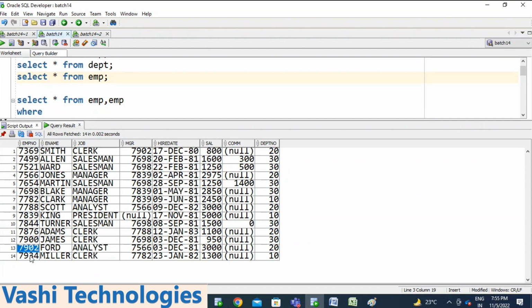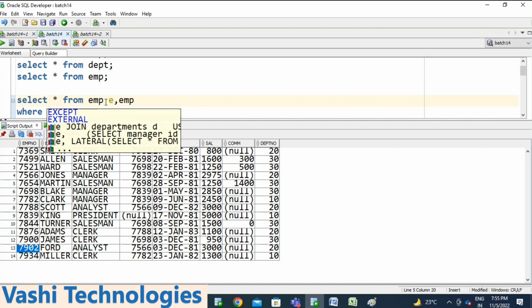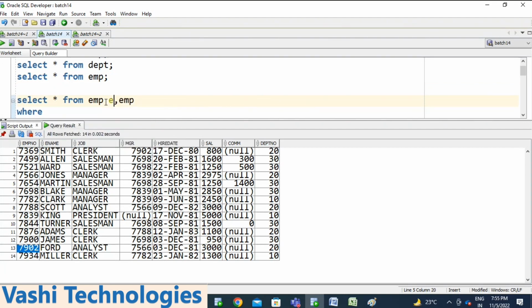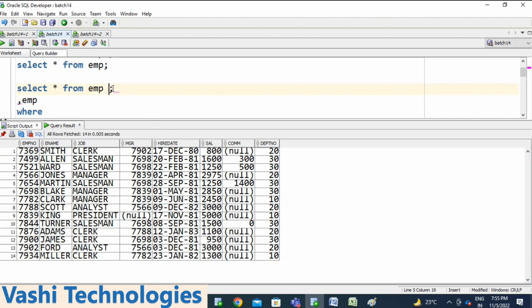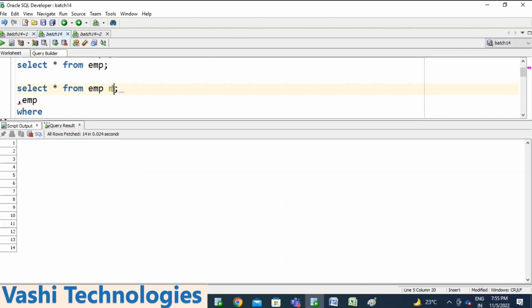To retrieve the manager, the same employee table, I'm mentioning as employee table as E. Now I'm treating the same table as M, as manager.